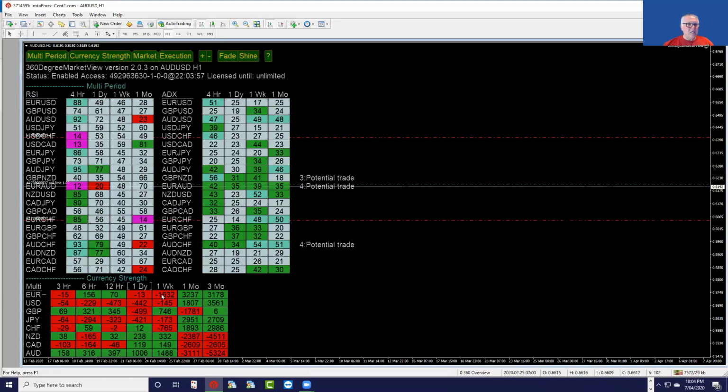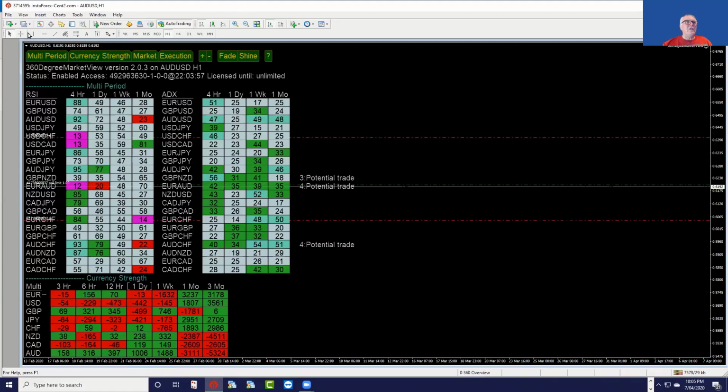Just to have a look at what's going on in the market overall, the Aussie has actually strengthened quite a lot over the last week and over the last day, and they've had an interest rate announcement, which basically they just kept interest rates the same. I'm not quite sure why the Aussie is strengthening so strongly, and it's obviously the strongest one, and the losers are the USD, the pound, and the yen overall.